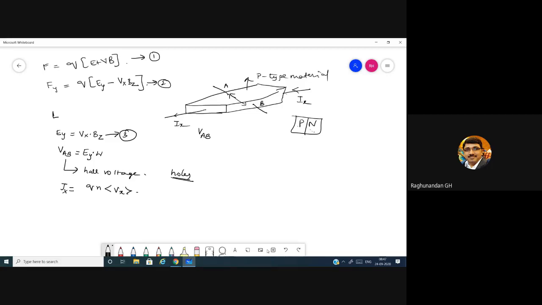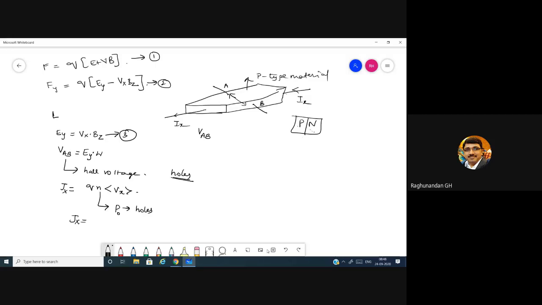What does this n indicate? N indicates the number of holes, which is represented by P naught. P naught is for holes. So now the above equation becomes